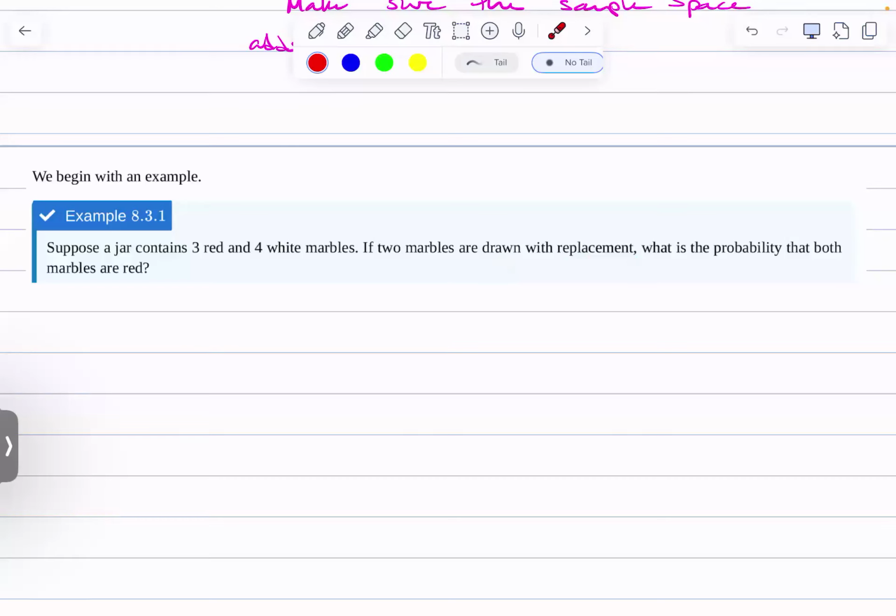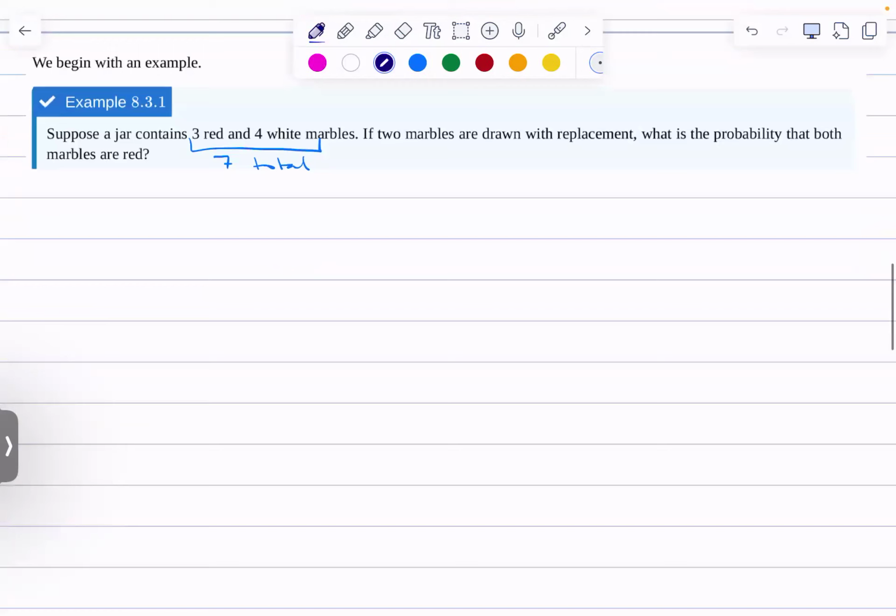So I've got a jar of a total of 7 marbles, right? That's a good place to start. So 7 total. What's the probability of drawing a red marble? There are 3 red out of 7, and so the probability is 3 in 7. What's the probability of drawing a white marble? Well, there's 4 out of 7, so the probability is 4 in 7. If we draw our